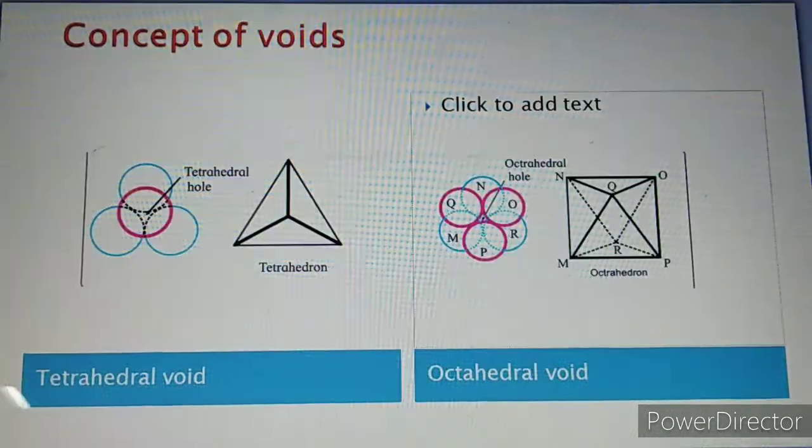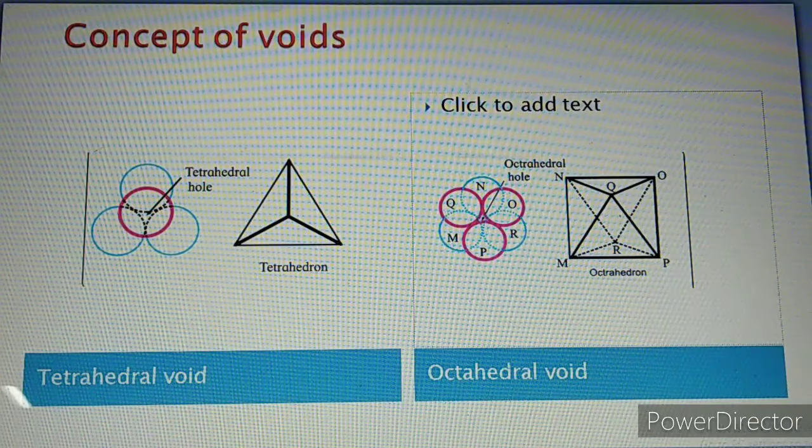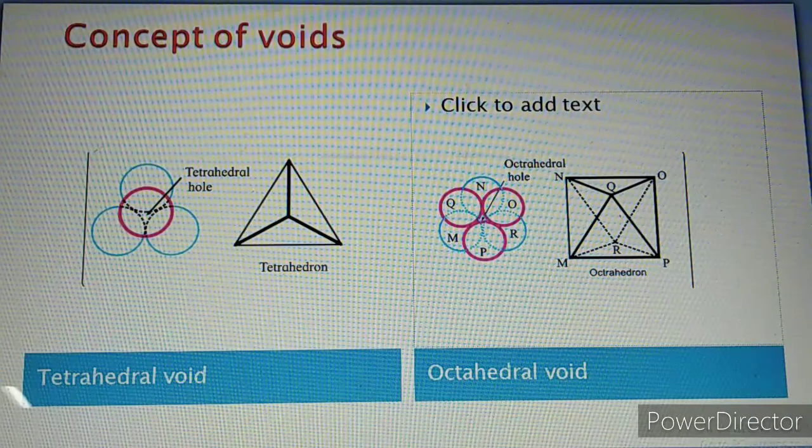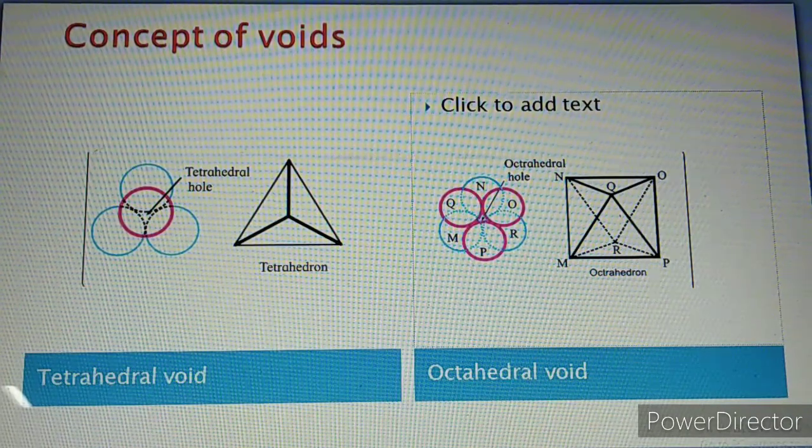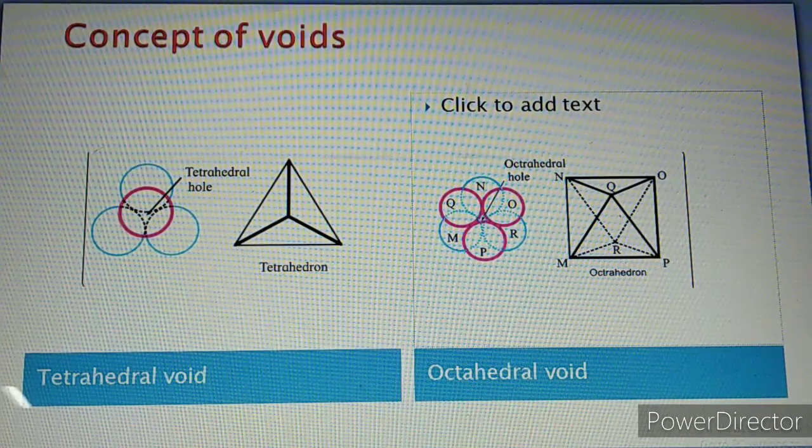See, these two voids are also given on the PPT. First one, if you observe in the tetrahedral void, centers of 4 spheres are joined together to form a tetrahedral void. While in the octahedral void, a total of 6 spheres are involved, and the triangular void of layer 1 is indicated by light blue circles, and the triangular voids of the second layer are indicated by pink or violet spheres.